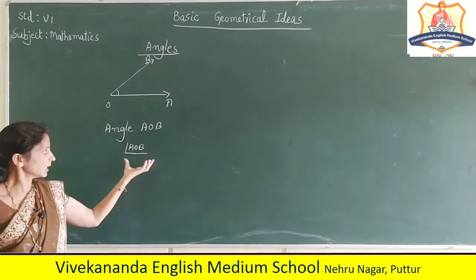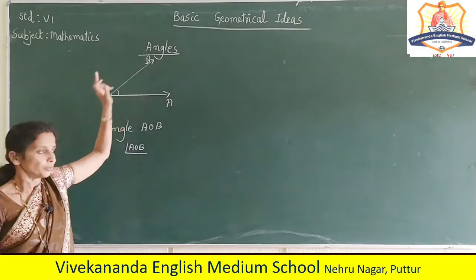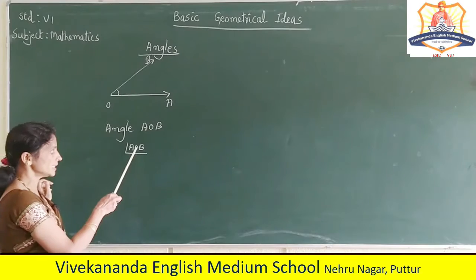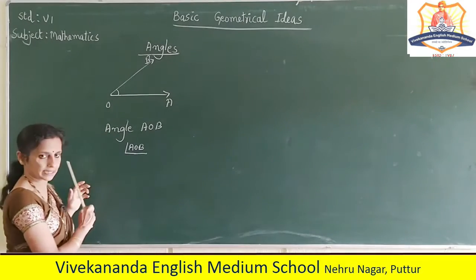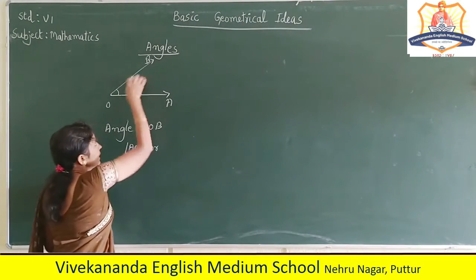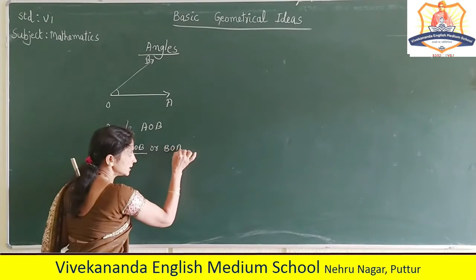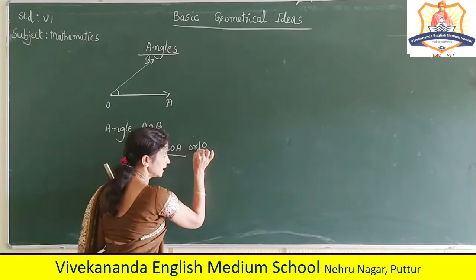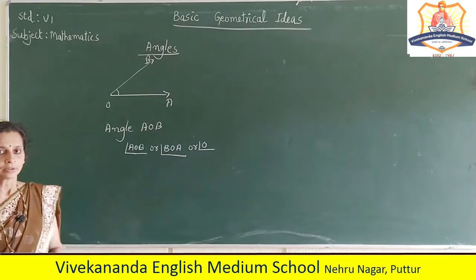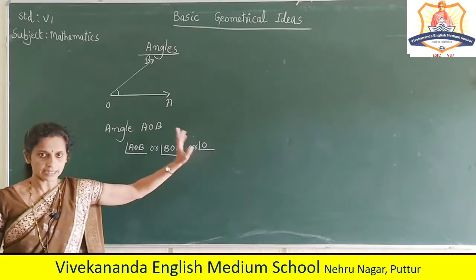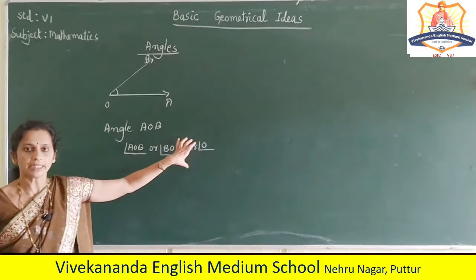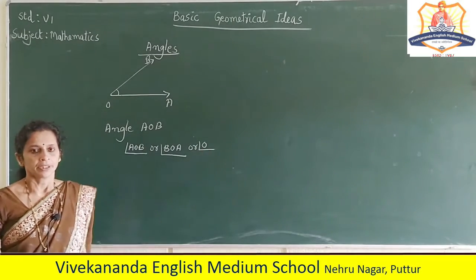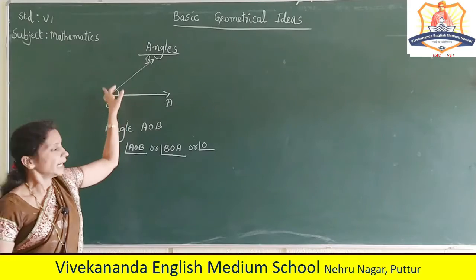So we mention the angle by the letters AOB, where O indicates the angle, and it is always written in the middle of the two letters. Or you can write angle BOA. It is also the same angle. Both are the same. Or you can mention it only by the letter O. So you can write in three ways, but the two ways with three letters are more specific than writing only the letter O.